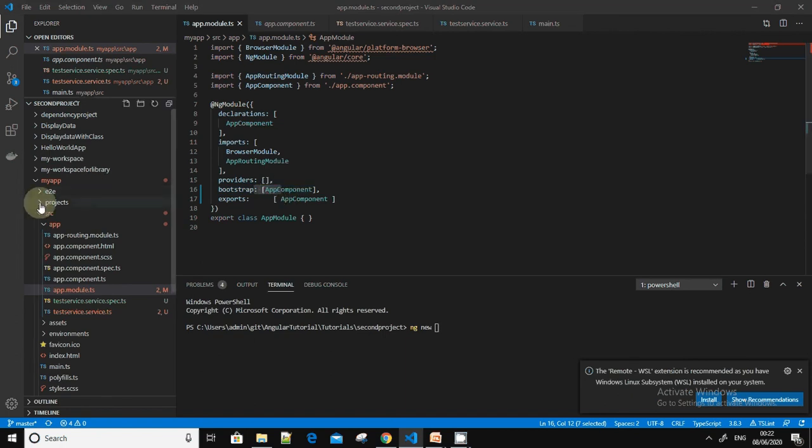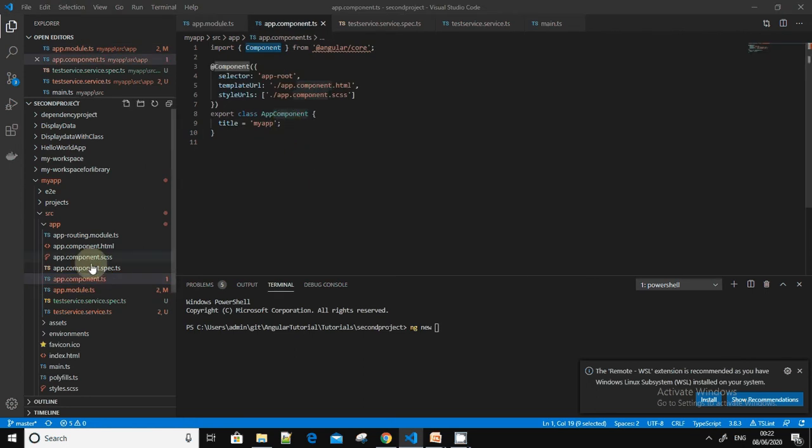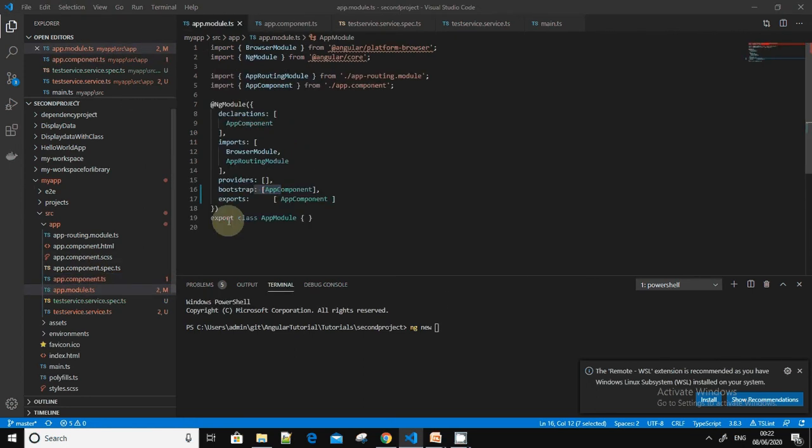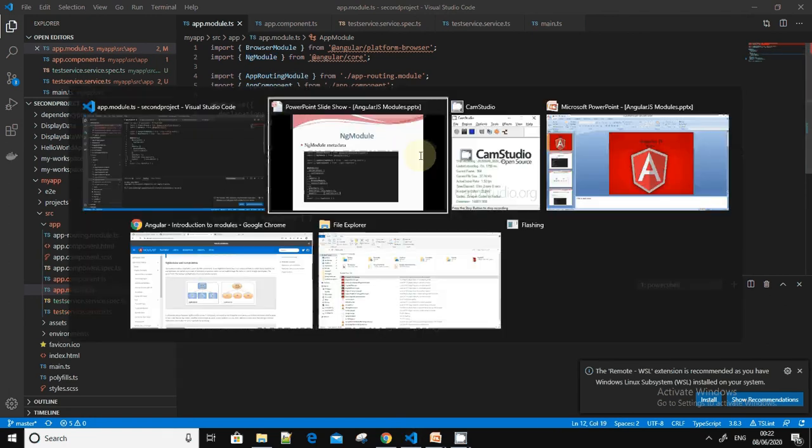If you see here, this is the starting component, the app component from where the application would start, and then the last one is exports. This ng module is like a JavaScript module, so if you export anything, it can be used by the other modules as well.